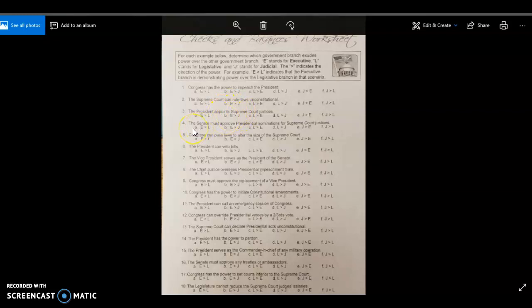So I hope this helps a little bit. We did 3 together. So that means you got 15 on your own to do after that. So it should go pretty quick, but it is just, again, some practice. It'll get things in your head, linking branches of government and those checks and balances and who has power over